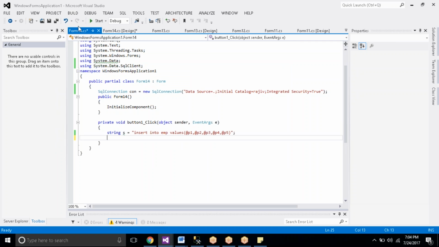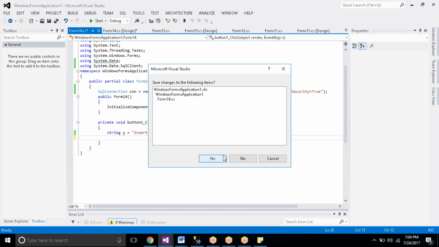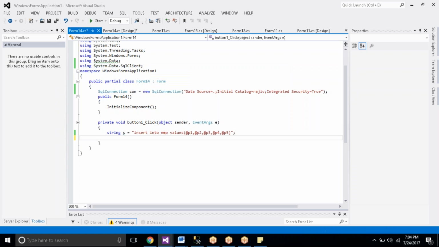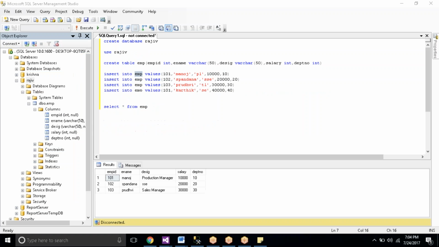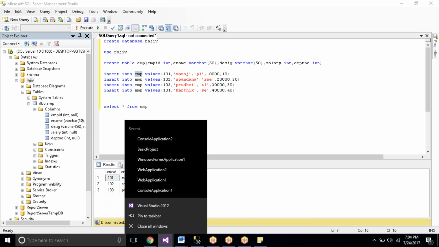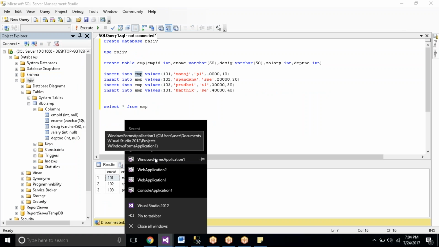Good. Now listen. We'll close this and try to open it again. I'm opening Windows application 1 directly from here.